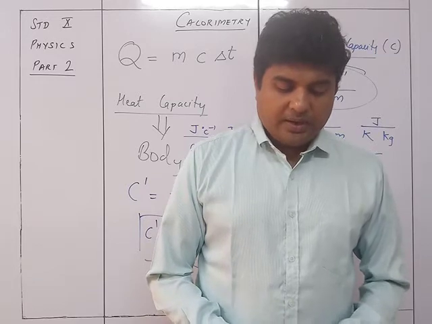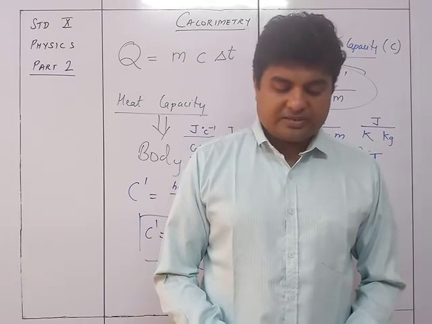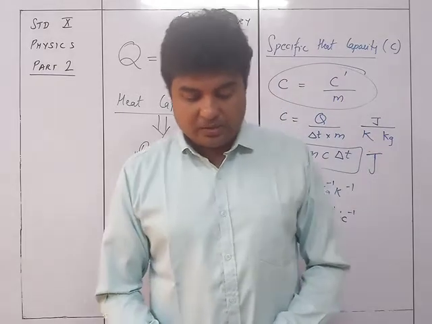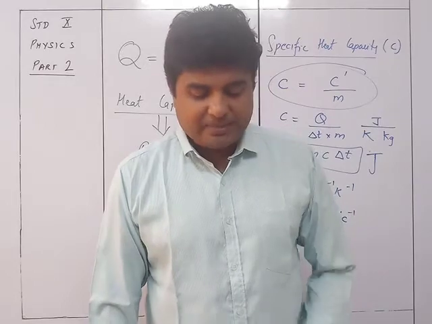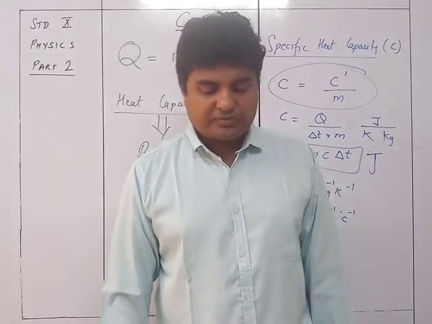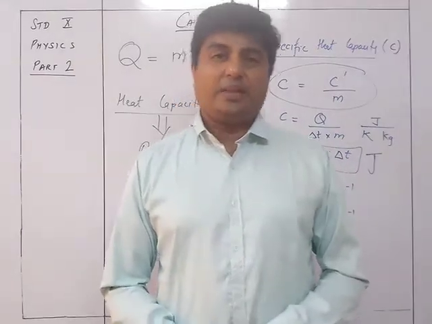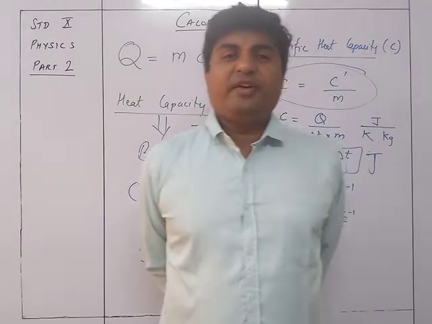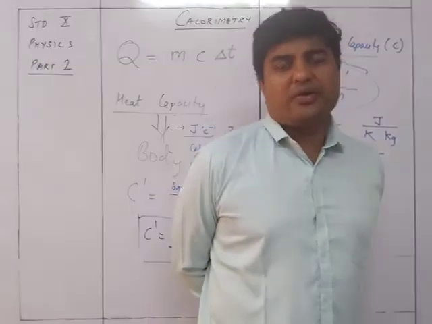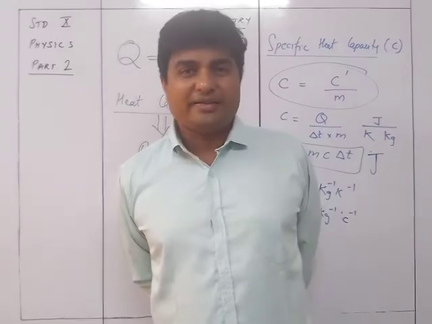If we heat equal mass of two different substances on the same burner, so the rate of heat supply is the same, we notice that after the same time interval, the rise in temperature for the two substances is different. This is because of the different specific heat capacity. Very simple. Specific capacity, we understood, is the amount of heat energy required to raise the temperature of unit mass of that substance by 1 degree Celsius.